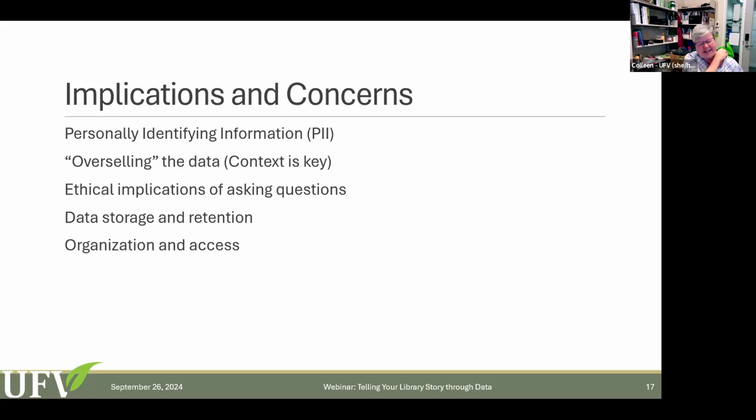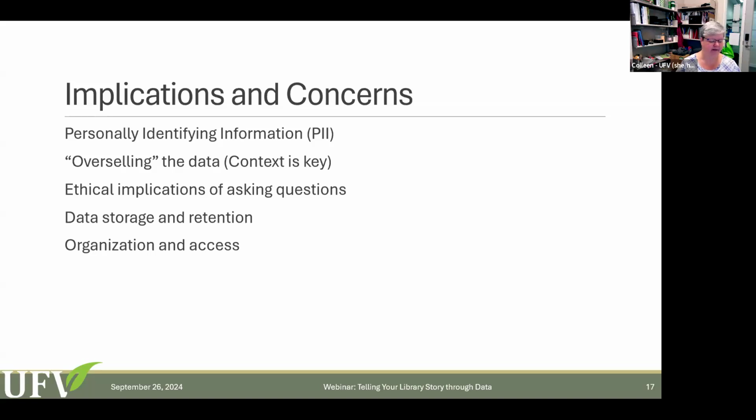When we're talking about data storage and retention, I mentioned earlier that you want to be collecting data that you can add to over time. But we need to keep questions in mind. For example, how long should we keep data once we've done what we need with it? Do we anticipate that we're going to need it again? Is it data that can be retrieved again from our library systems if needed? Or was it collected through a specific instrument for a specific purpose? For example, we did a survey last spring, and now we have to think about how long we want to retain that data.